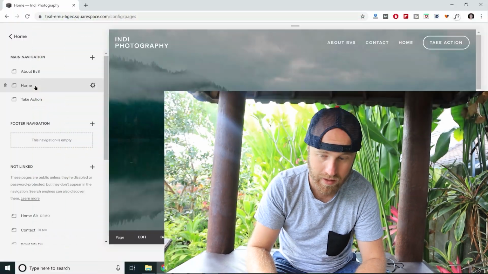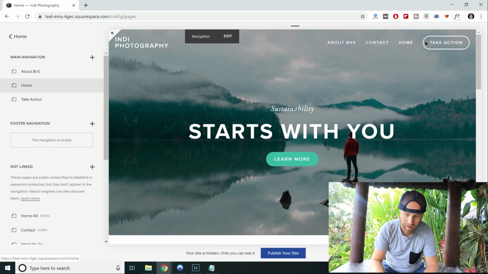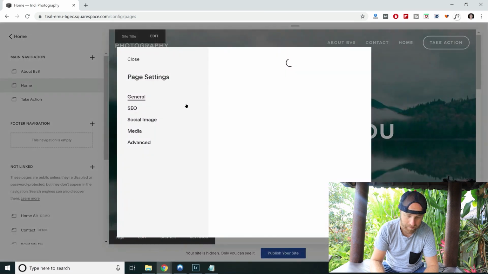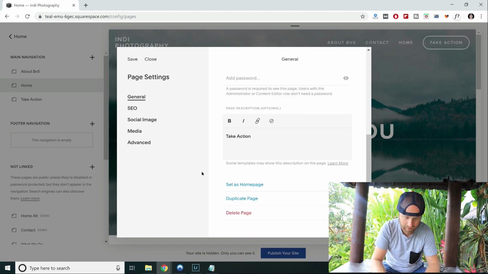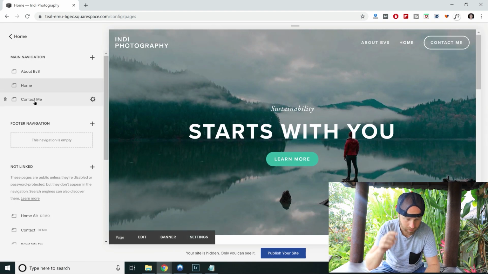So back on here, in this theme, they have this awesome take action button up here. I'm going to turn that into the contact page. So I'm going to click on that. I'm going to change the title to contact page. I'm going to change the take action to contact me. I'm going to change the slug to contact, and then I'm going to go up here and hit save. And now you can see it says contact me up here. So if we go to the contact me page,